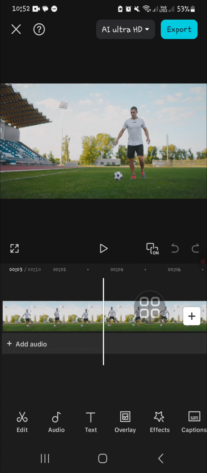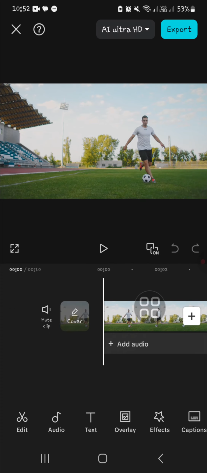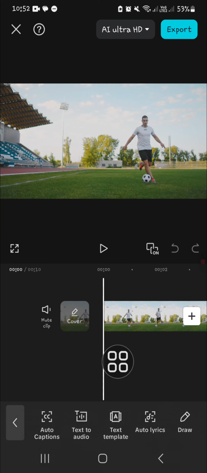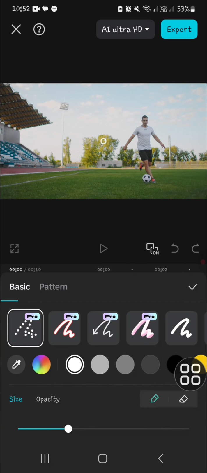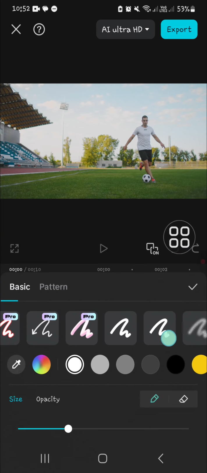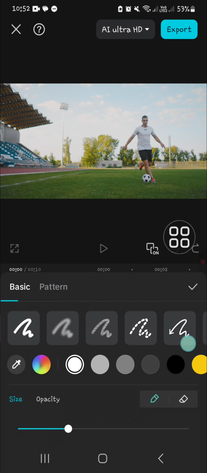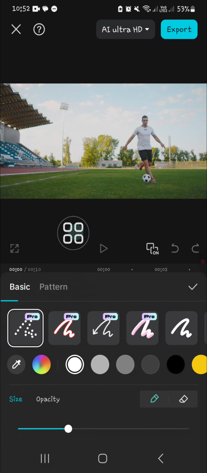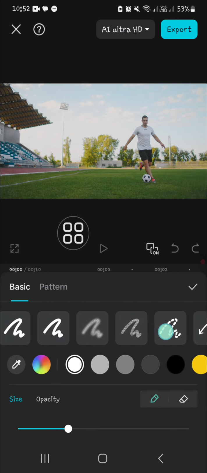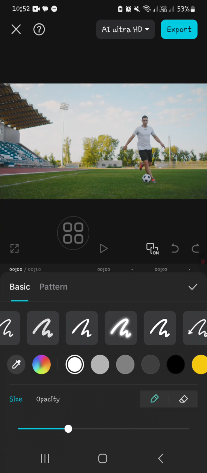If you want to draw, we need to go to the text menu in CapCut right here, just like the text, and then you're going to scroll all the way to the right until you find draw. Okay, and then you can choose the style for your drawing. You can choose basic style or pattern. If you want to choose basic, just go to the basic, and then I'm going to try this one,